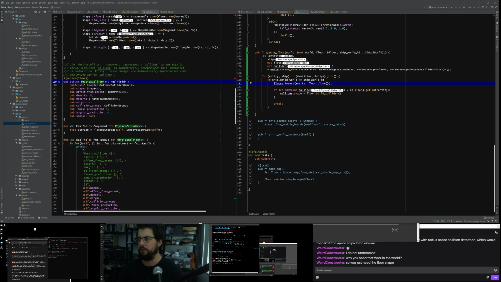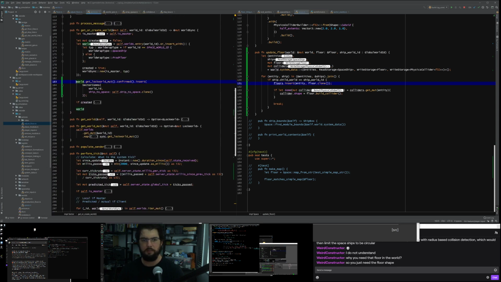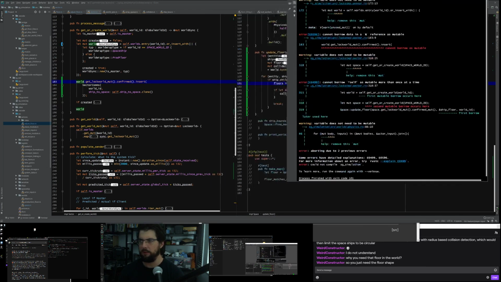Cannot borrow data in a regular reference as mutable. So it's complaining because up here we got an immutable world. So we need to say that the world is still mutable here if we want to change it down below. Cannot borrow data.